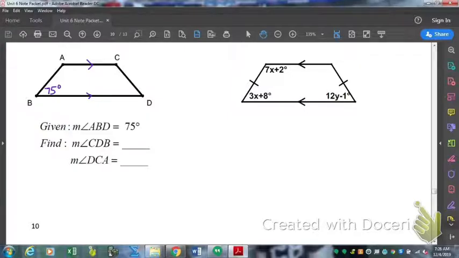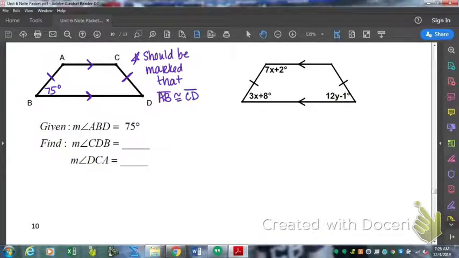Actually, I think we're missing some markings on this one. Yeah, this is the one where my markings disappeared. This is an isosceles trapezoid. This should have the marks on it, okay? So it should be marked that AB is congruent to CD as well, okay? All right, so then that means that ABD and CDB are congruent, so that guy is going to be 75